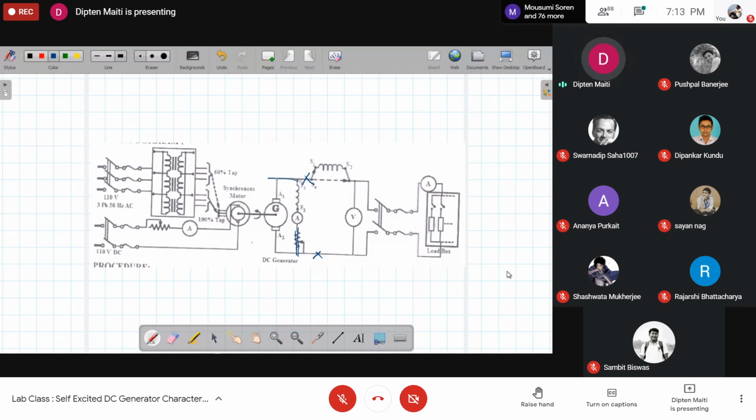There will be one voltmeter connected across the shunt generator, across the armature or the field of the shunt generator, and one ammeter connected in series with the field. That way we know what the field resistance is, and we know the voltage buildup in shunt generator mode. Next run would be about the open circuit characteristics.